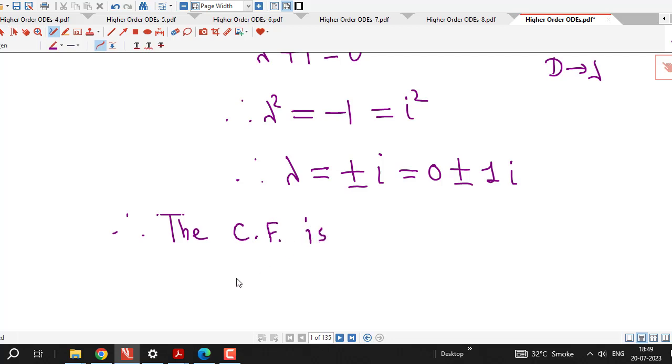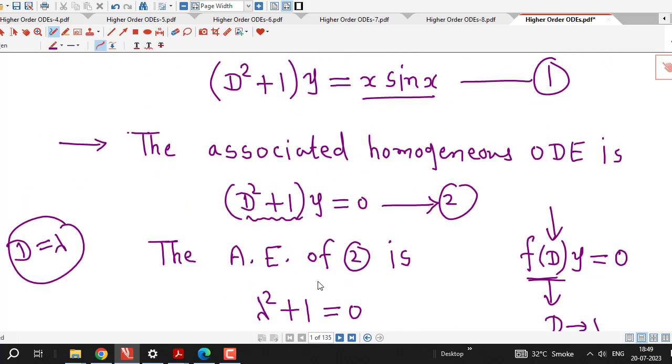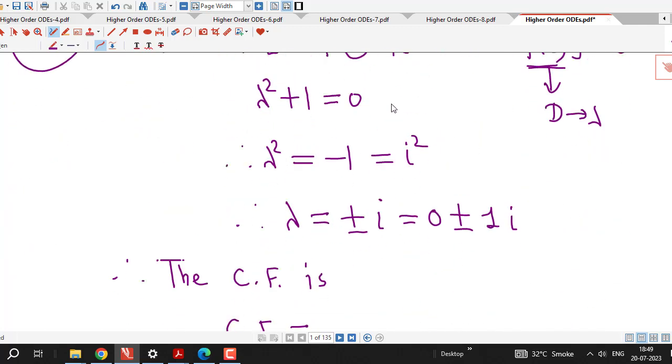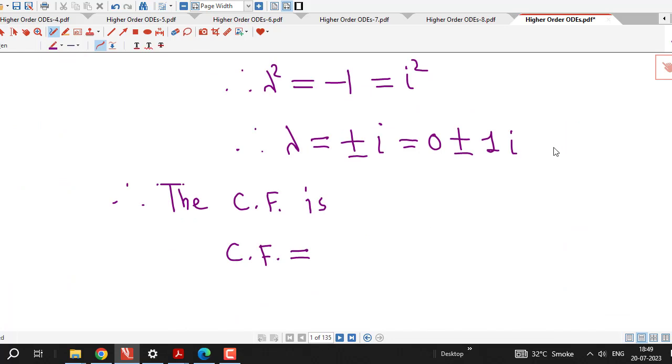is the general solution of the associated homogeneous equation. This is the homogeneous differential equation associated to the given equation, and the general solution of equation number 2 is called the complementary function of equation number 1. And we know that if we have complex roots, we compare this with alpha plus or minus beta i, so that we have alpha equal to 0 and beta equal to 1,